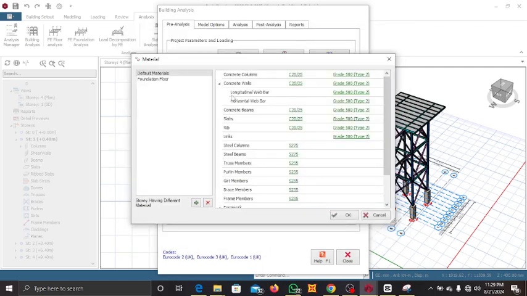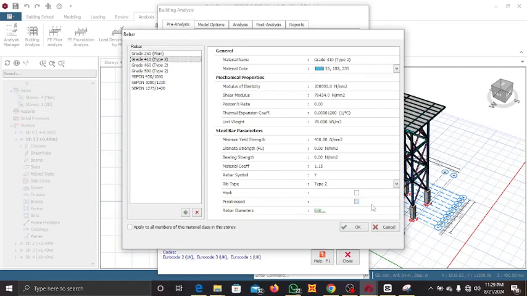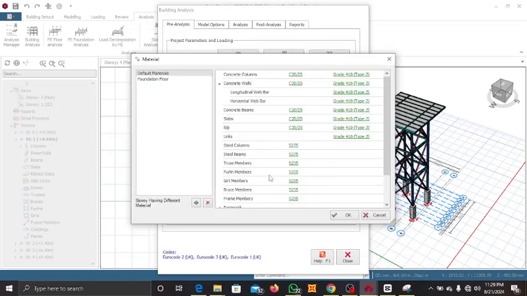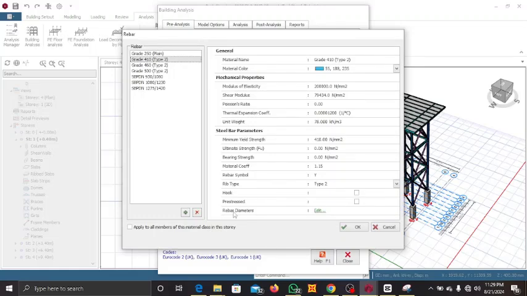Click OK. So the steel grade you want to use is 410. Apply to all. Okay, so for our steel columns, we are going to be using S275 steel beam, S275, and our bracing is going to be S235, S235. Okay, so for our columns, we just come to this grade, you click it, rebar diameter,